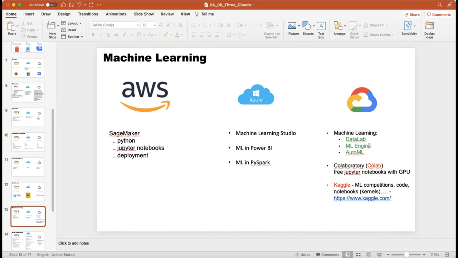And Google, of course, is famous for its machine learning. It has a lot of stuff. Colab is very, very famous because it's a free playground. Many people use it. So you get a Jupyter Notebook with GPU for free. And many people learn machine learning on this platform, and then they transition to